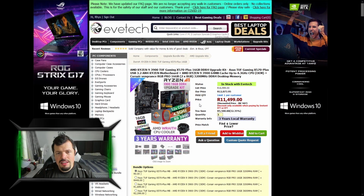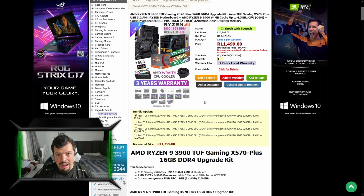At number 5, it's a 3900 TUF build. This particular bundle and this combination of this board plus this processor is just really solid for 11.5 already. The board's $5,000 by itself casually, so you're basically paying 6.5 to get RAM and a